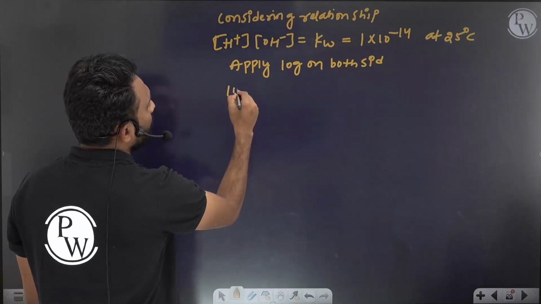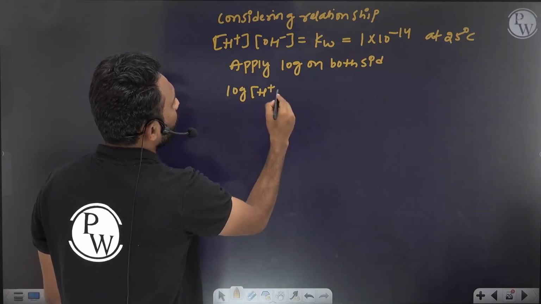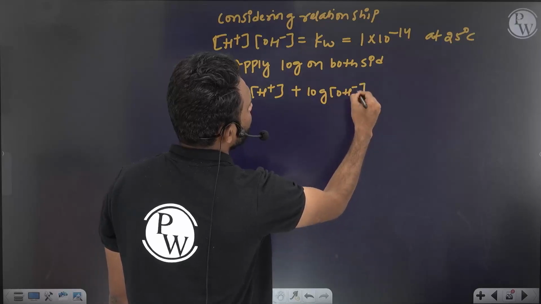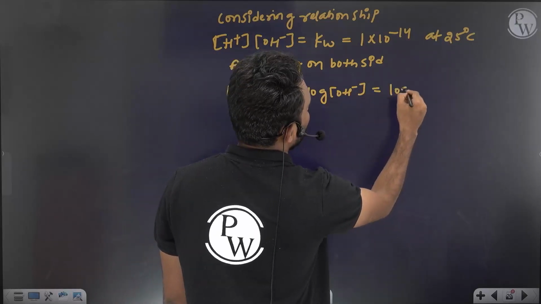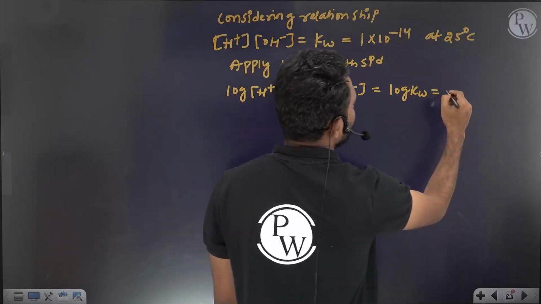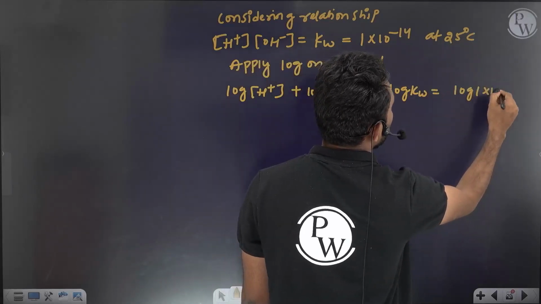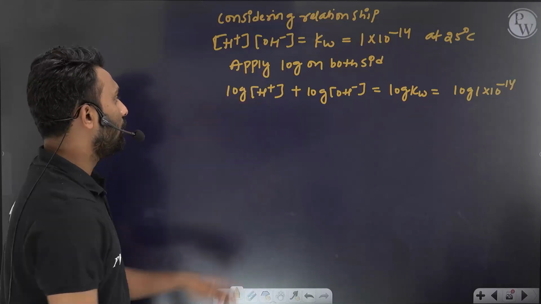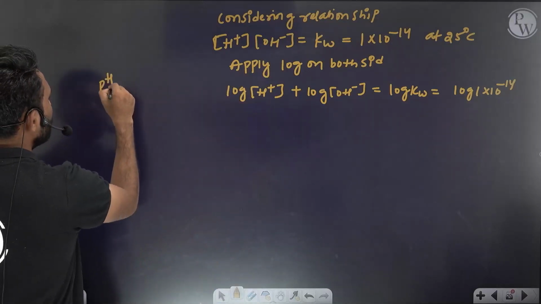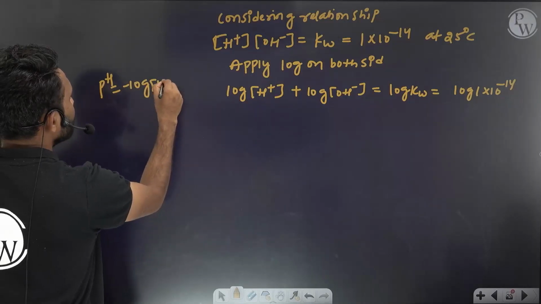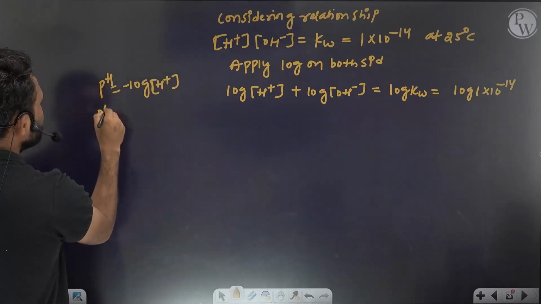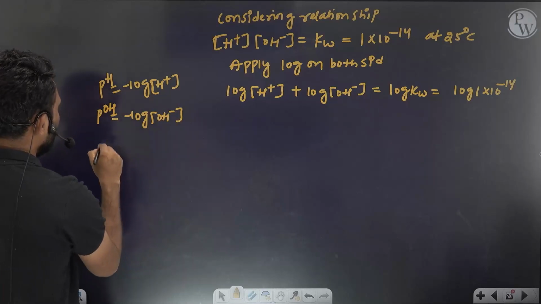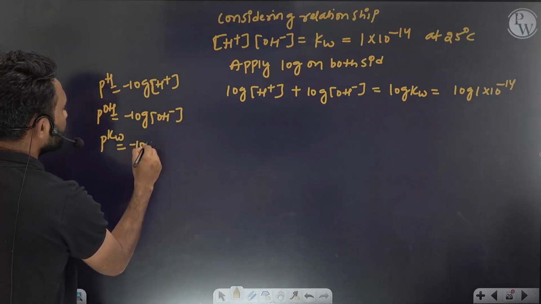What happens? Log H plus ion concentration plus log OH minus ion concentration is equal to log Kw, which is log 1 into 10 to the power minus 14, that is 10 to the power minus 14. Now here we have pH is equal to minus log H plus ion concentration. pOH is equal to minus log OH minus ion concentration. pKw is equal to minus log